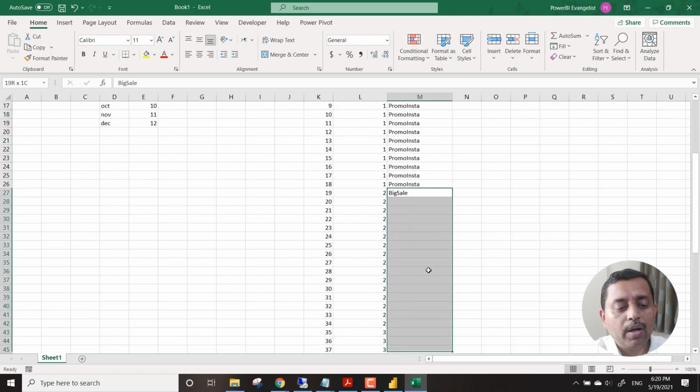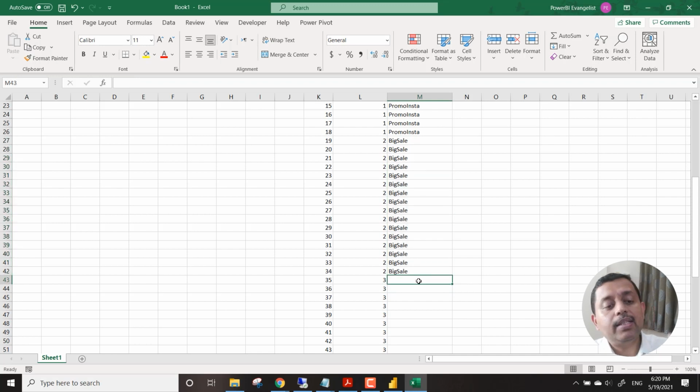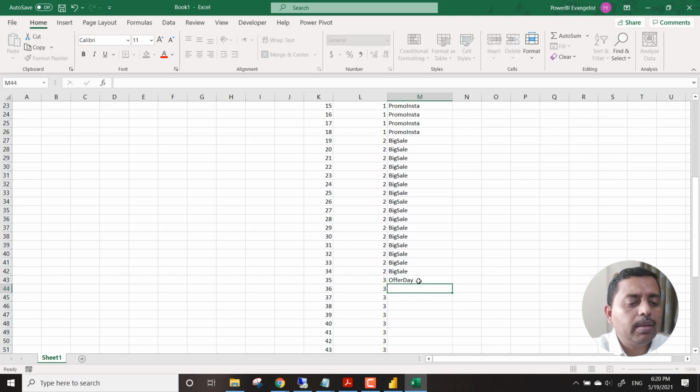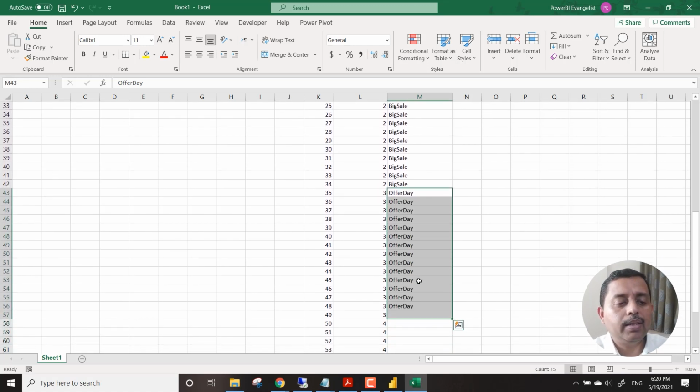So see, what I'm doing over here is I'm just grouping them. So this entire data will now be grouped. So we had 63 campaigns, but I'm not using them, right? So I'm grouping them based on my requirement. Big sale, and then we say let's say offer day, something like this. So I'm just making up the things in front of you right now, just to show you how the activities of preparing the data can be taken care of, right?